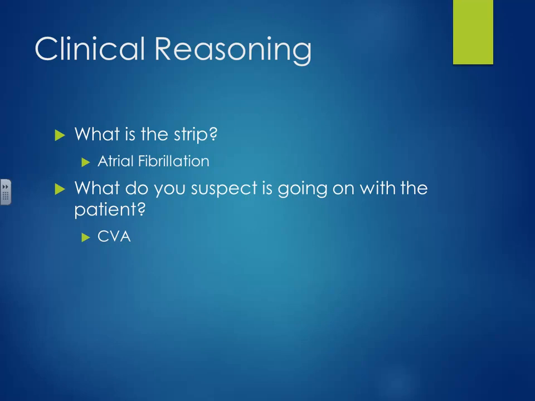Would you say, Kane? Ischemic or hemorrhagic, would you suspect? Ischemic. Her blood pressure is really, really high, but considering that she has a history of AFib,